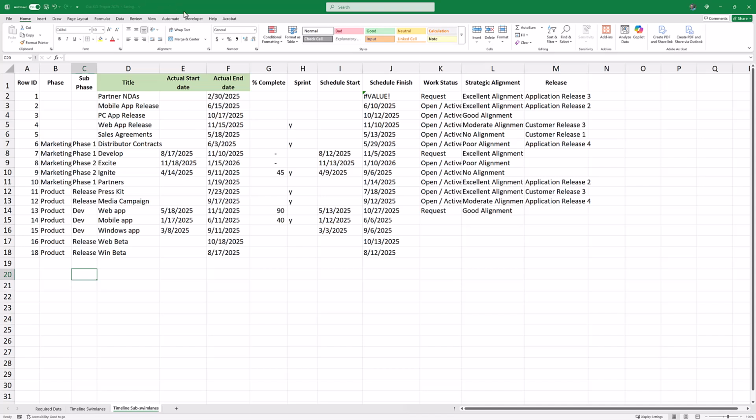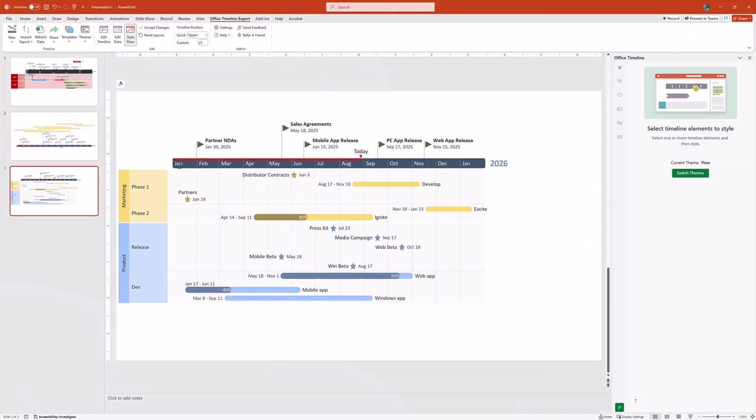That's saved. We're back in PowerPoint. I'm looking at my timeline. I'm like, okay, this needs to be refreshed to reflect the most correct data. All I have to do is go up again to my Office Timeline tab and look for the Refresh Data button that is now illuminated. Give that a click, and that's going to bring us into a similar feel that we had before,